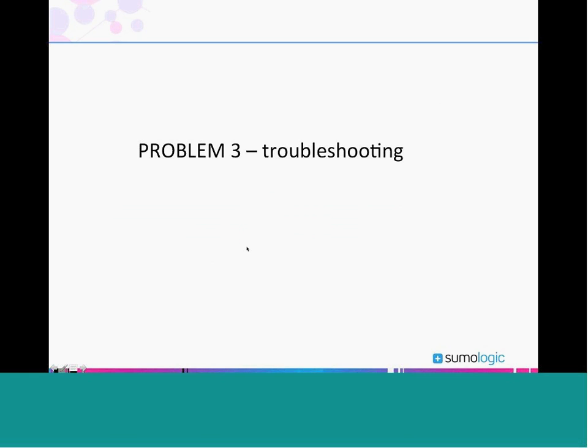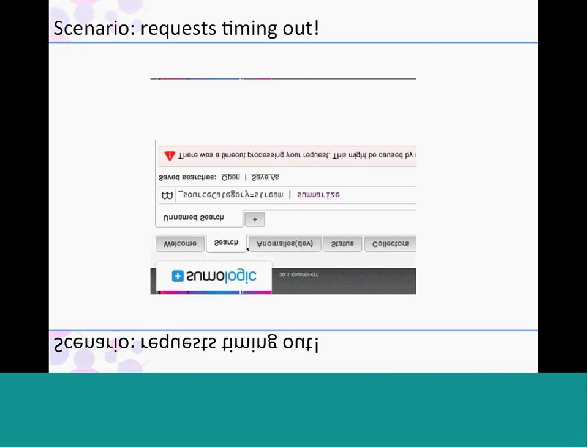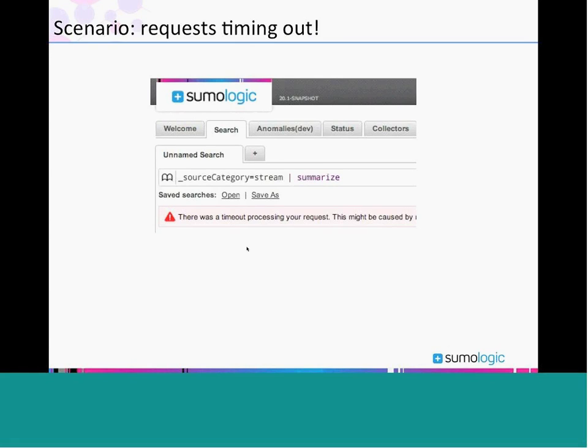So a variant on that is troubleshooting and root cause analysis. Often if you're operating some kind of production service or internal infrastructure, you'll find out one way or another, hopefully from some of your own alerting tools, maybe Sumo Logic, or in the worst case, you'll find out from your users, internal or external, that something has gone wrong, that parts of your system are not functioning as they should. So, for example, let's say that I'm running a Sumo Logic service, which for purposes of this demonstration, I sabotaged myself and knocked part of the service down on purpose. And the user sees this error when they try to run a search and says there's a timeout processing your request.